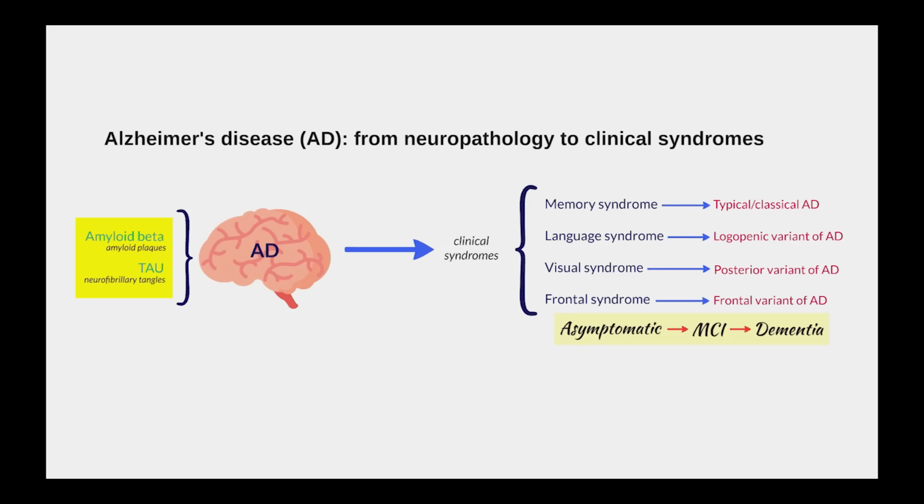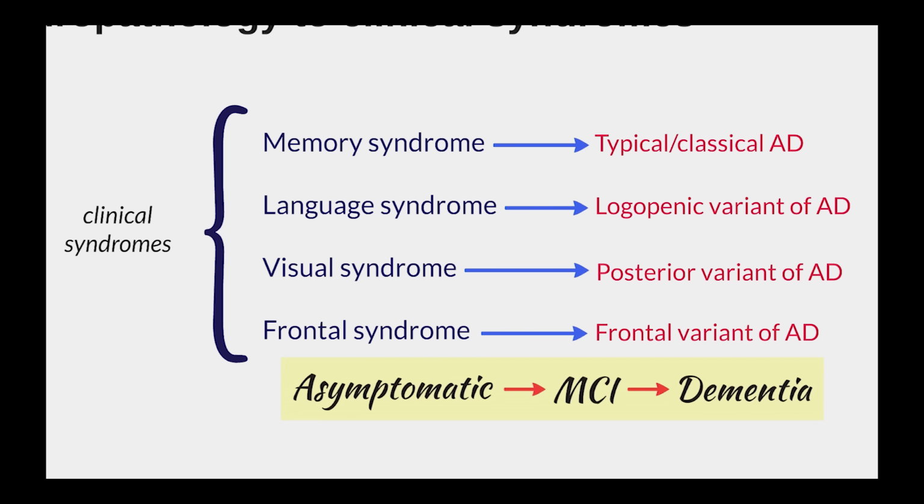All right, so we're going to start diving a little more into Alzheimer's disease and how it manifests itself. I'll talk in a little bit about the pathology of Alzheimer's disease that you see on the left side, but let us focus first on the clinical syndromes, which means the way that the disease manifests itself in humans. These are, like I said earlier, the 4 most common syndromes. The first one, which we're going to start talking about, the memory syndrome, is probably considered the most typical or classical Alzheimer's disease manifestation. When people in the community say Alzheimer's disease, usually this is what they think of. They think of memory loss.